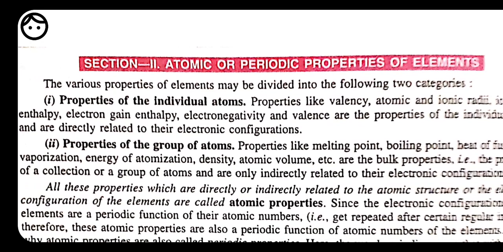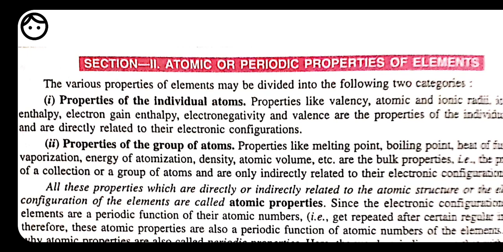Students, atomic or periodic properties of elements, here we have to discuss. Here we will start with the physical and chemical properties of the s block elements. We know what a physical property is. Physical property means properties like size, mass, volume, melting point, boiling point; these are all called physical properties. And the physical property of any element depends on the electronic configuration. That's why you need to know about the electronic configuration.